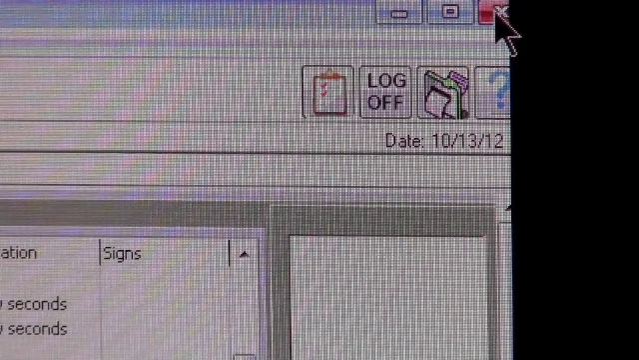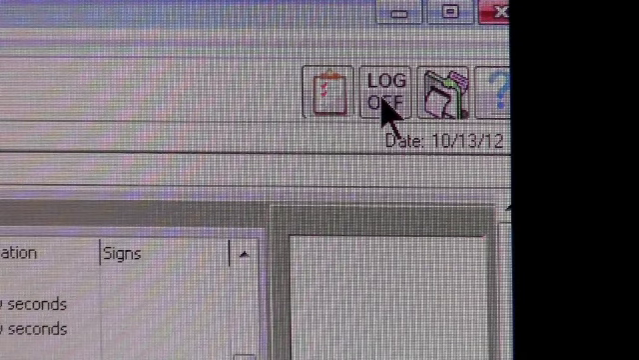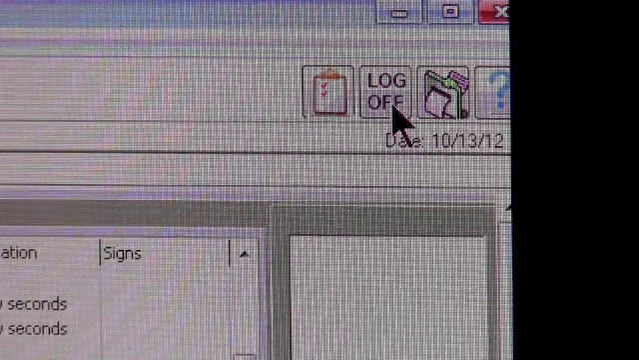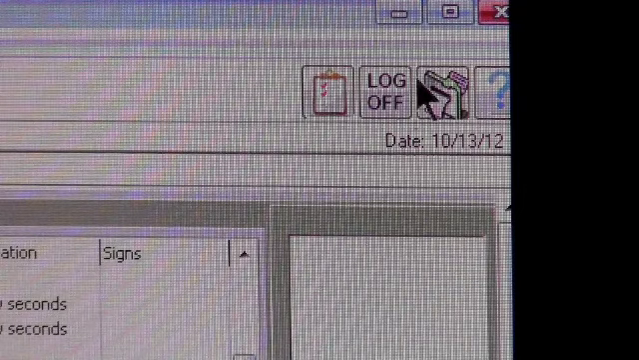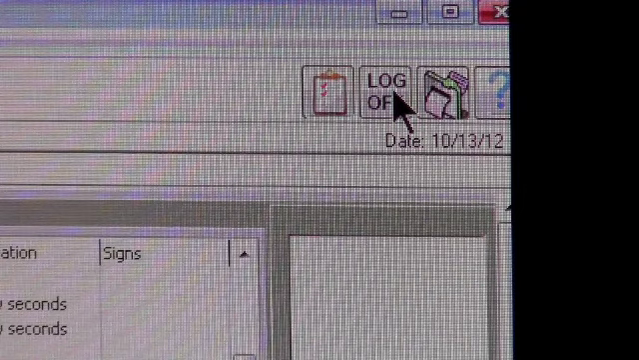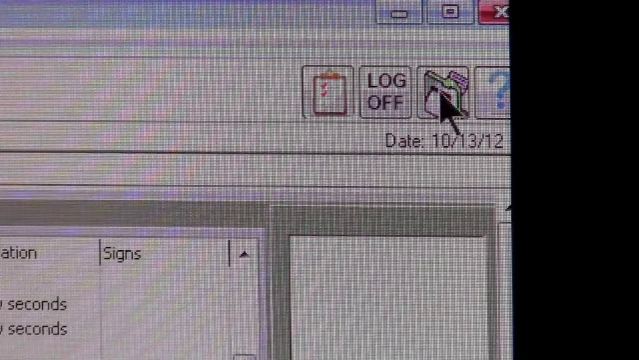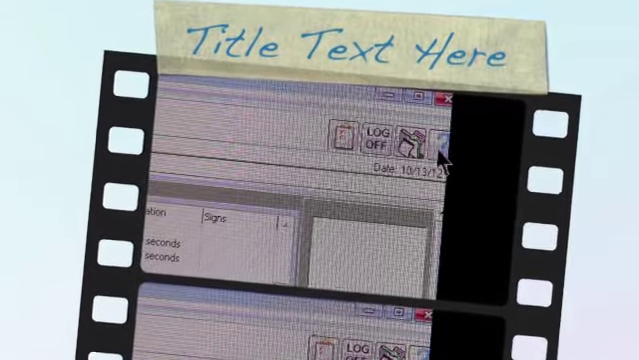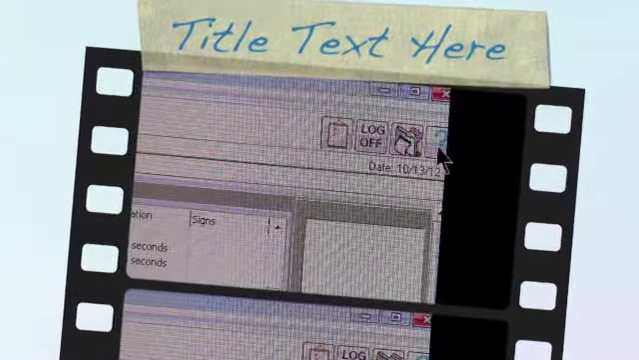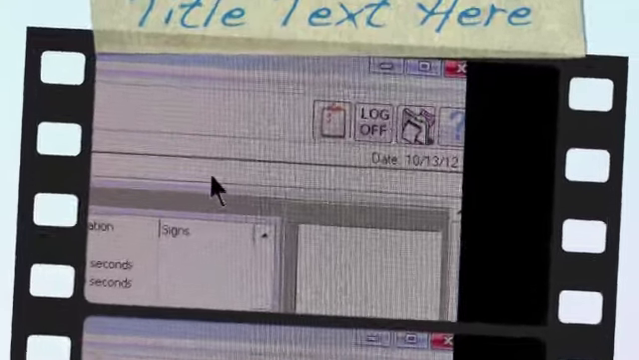Instead of hitting your X to log off, CompuLink prefers that you log off. I'm not going to, but every time you want to log off, it's better to click on this than to hit your X. In my opinion, sometimes the data will not be saved unless you hit log off. So I always click on this. This is for printing, and you don't have to worry about that. This is if you have questions. It's a little help menu. I'm going to